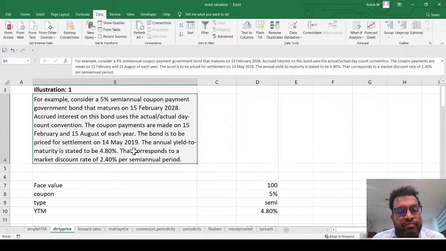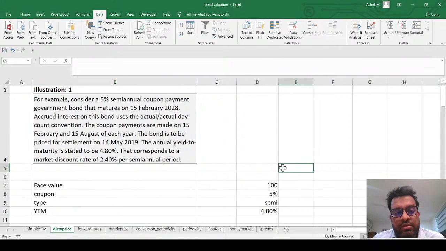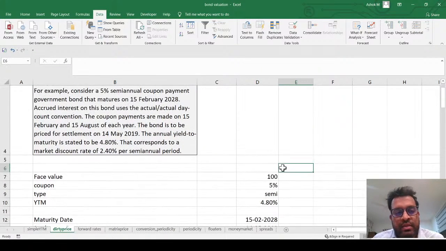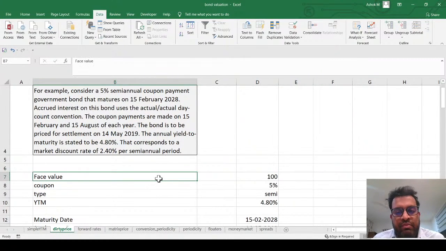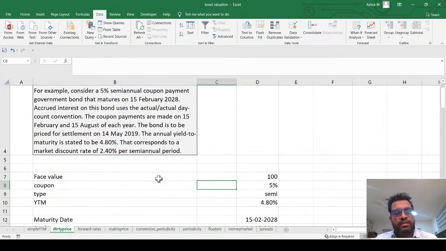And then okay, we are given the YTM. So we can go ahead and calculate this. I'll put the basic information again. Face value 100, coupon 5%, type is semi-annual, YTM is 4.8%,